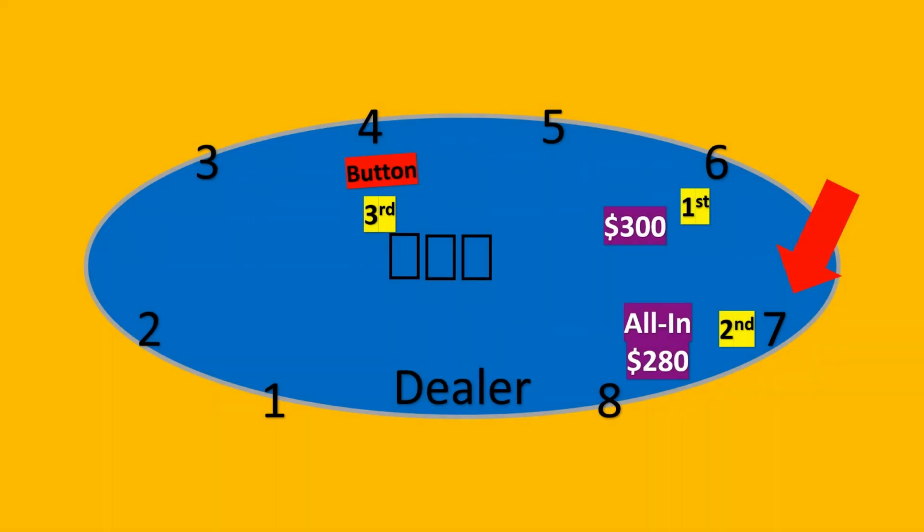Let's go back to the slides and I'll show you what happened. So after thinking, the 7 seat calls all in for 280. He had a little less than that bet of 300. He calls all in for 280, and then it should be on the 4 seat, and he's acted already. He called, I thought. He had slid his chips back, what I thought was just momentarily, waiting for the 7 seat to act.